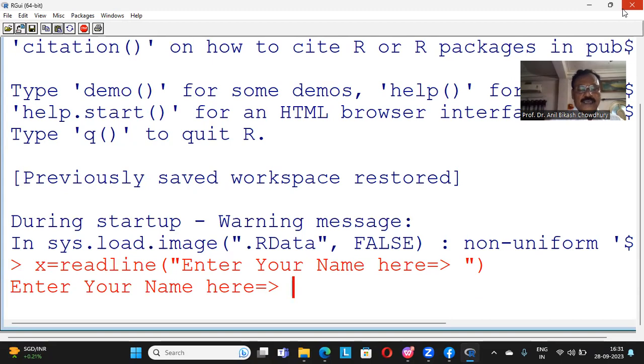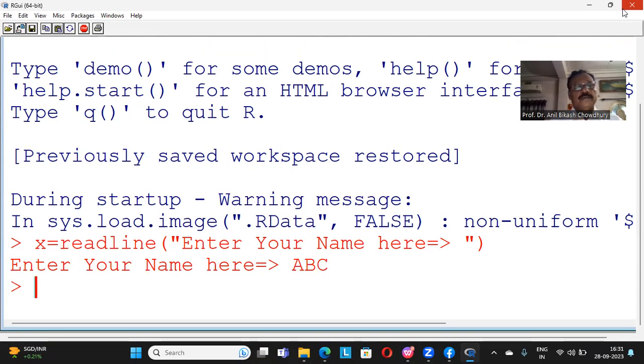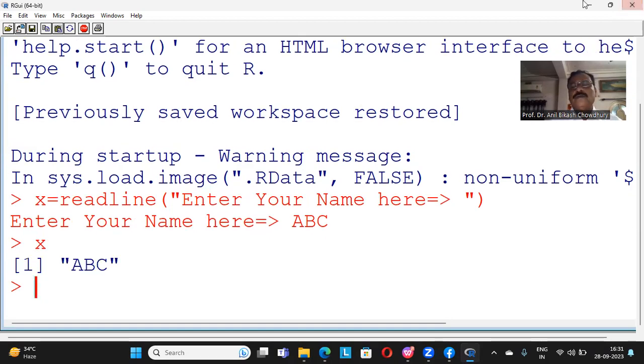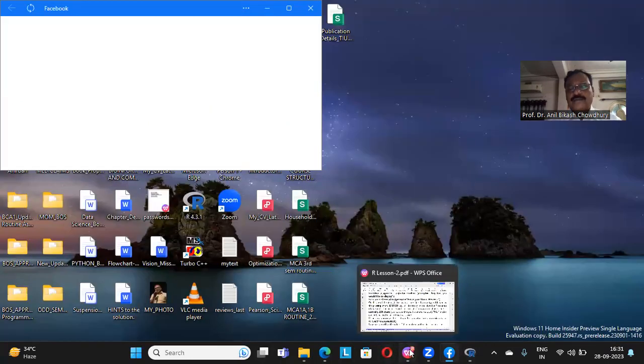So suppose my name is ABC. So I write this name. So it's okay. Now you see the name is stored in X. If we type X at the R prompt and press enter, it will show the name stored in X. Okay, let us go back to our